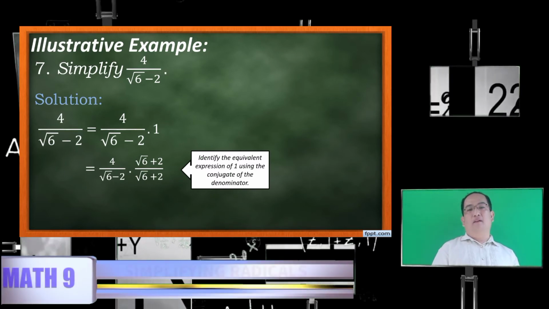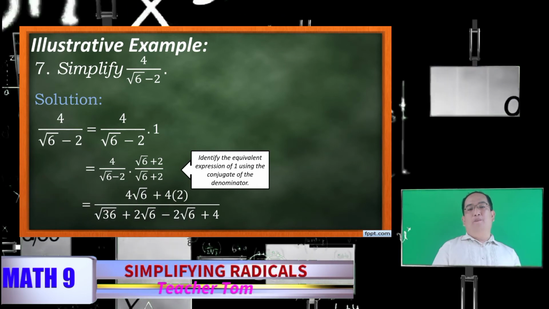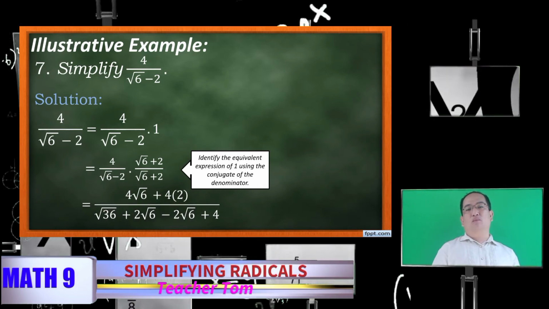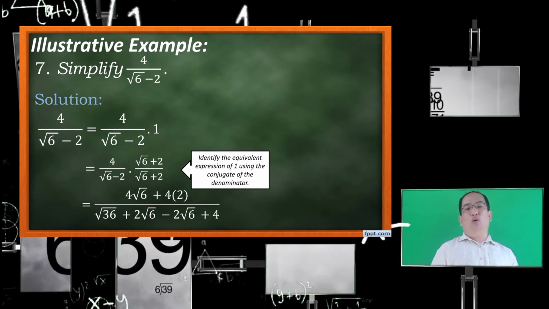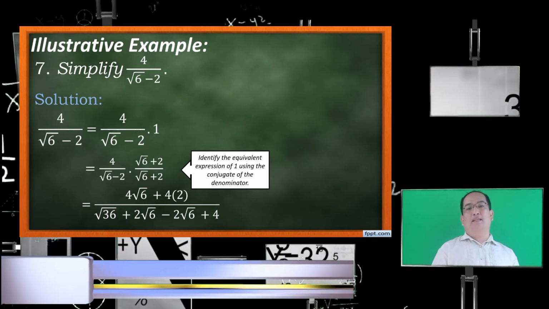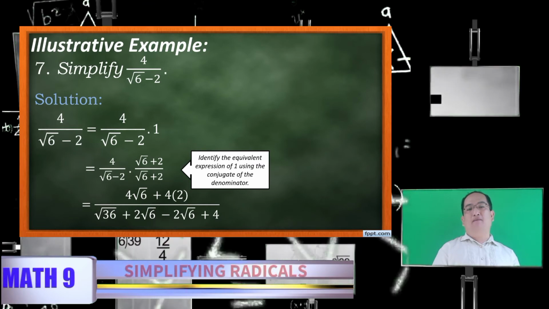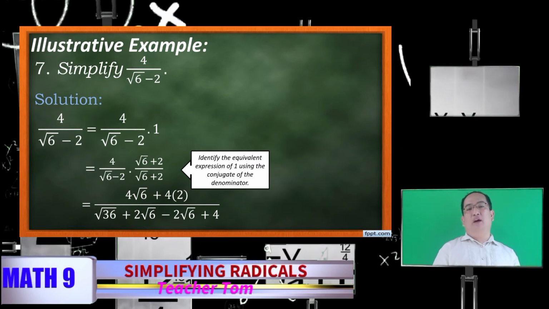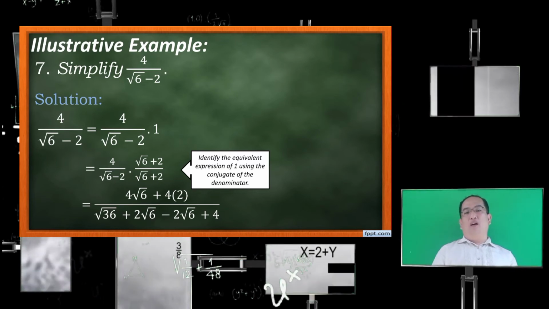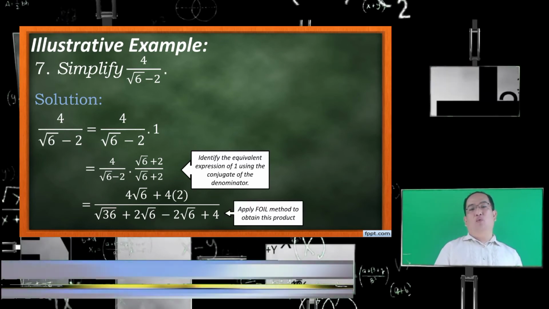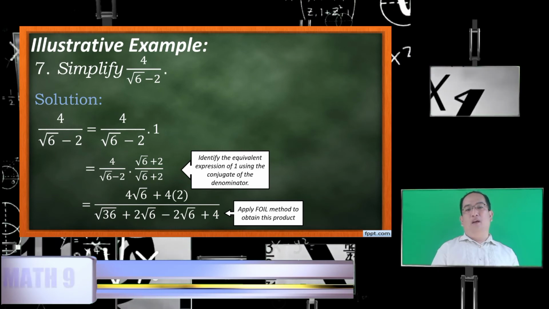So we have 4 all over square root of 6 minus 2 multiplied by square root of 6 plus 2 all over square root of 6 plus 2. So we have the product 4 square root of 6 plus 4 times 2